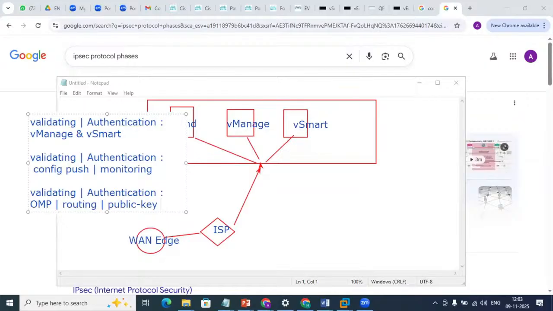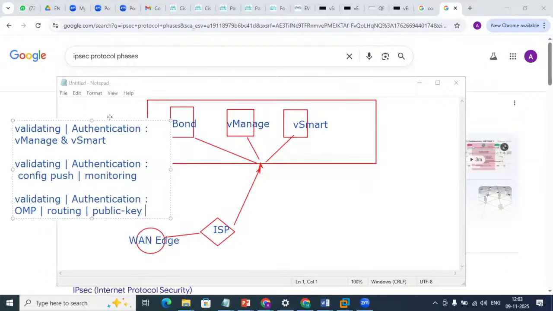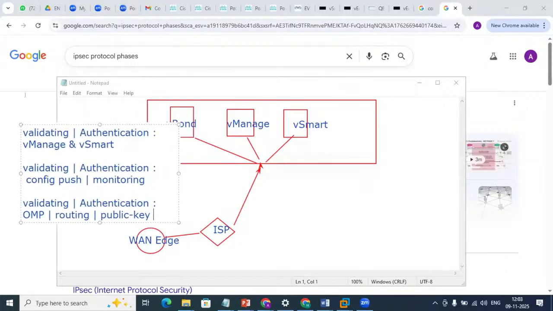Hence, phase 1 is not required. Only they need to have phase 2 negotiation. So if I say that here, we have the